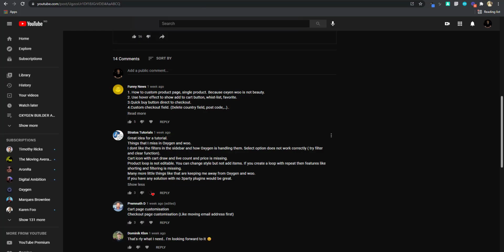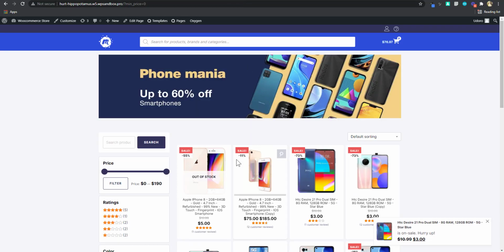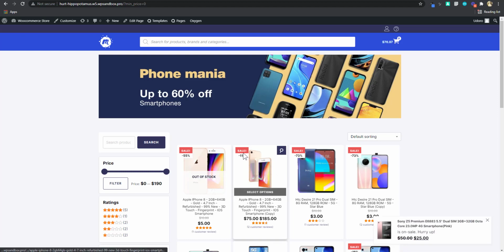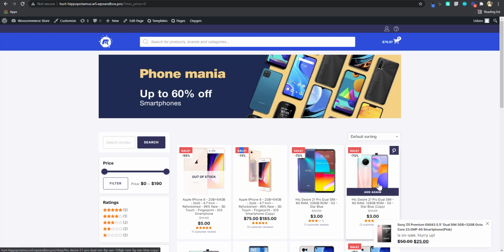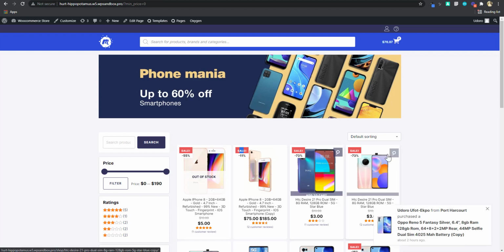Now it says many more things like that keep him away from using Oxygen. So if you have any solution with no third-party plugins, that would be great. Like I said, we're going to use third-party plugins, but not paid. So a lot of things we're going to be doing here, we are not going to use third-party plugins. For instance, some of these stuffs we're not going to use third-party, but a couple of things we're going to